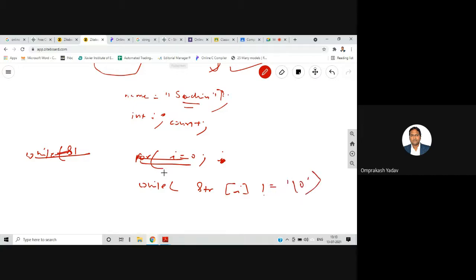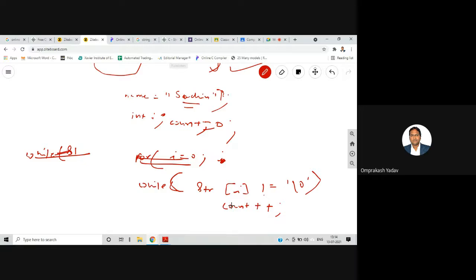I know that the last character in this particular string will be the null character. So I am checking while str of i is not equal to the null character, till then I'll do count plus plus. And let's declare count as 0, so count is 0 until str of i is not equal to the null character.